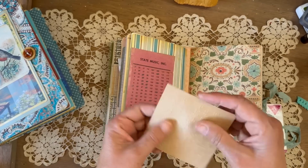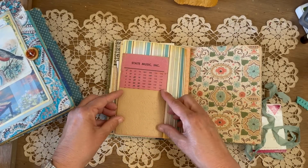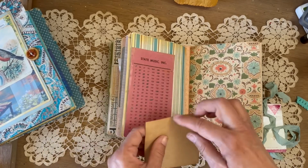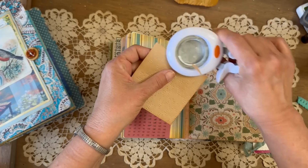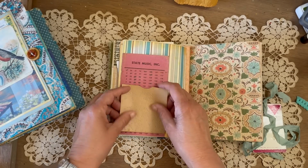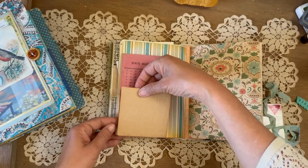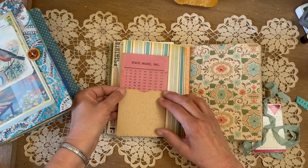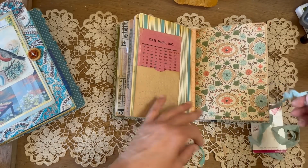Then I found this Braille paper, and thankfully I'm friends with a sweetheart named Mama Juju, and she sent me some Braille paper. I'm gonna do a little divot there. So thank you, Juju, for the Braille paper. So I'm gonna create the pocket with that. So there's the pocket, and then I really want to